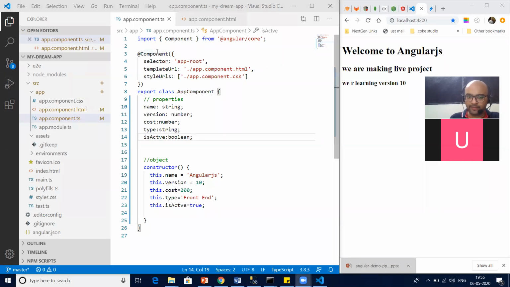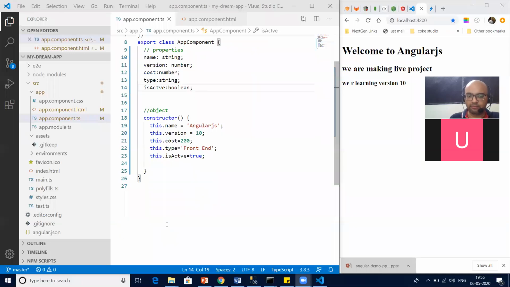So the best way would be to create a class. Yes or no, guys? The best way would be to create a class. Can you tell me what should be the name of the class?